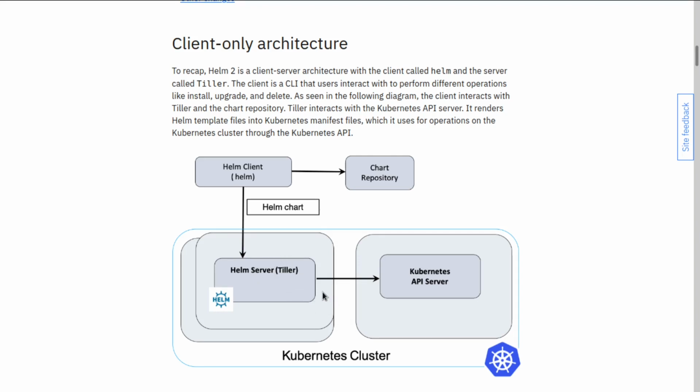The client is what the user interacts with to perform different operations like install, upgrade, and delete. As seen in the following diagram, the client interacts with Tiller and the chart repository. Here, like a Git repository or Docker repository, we can pull and push charts. Tiller interacts with the Kubernetes API server. It renders Helm template files into Kubernetes manifest files, which are used for operations on the Kubernetes cluster through the